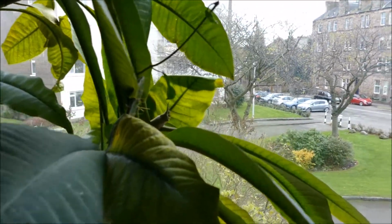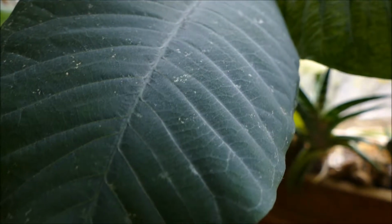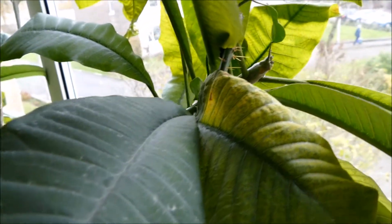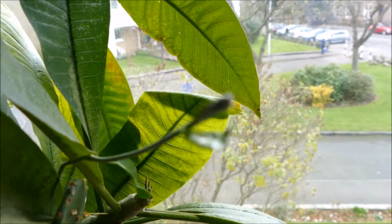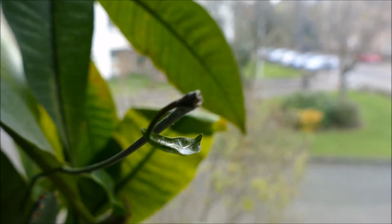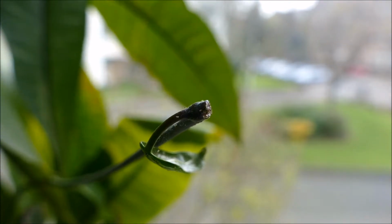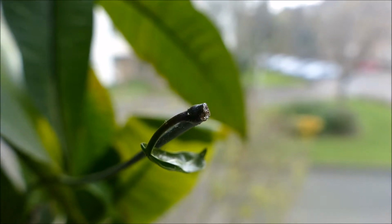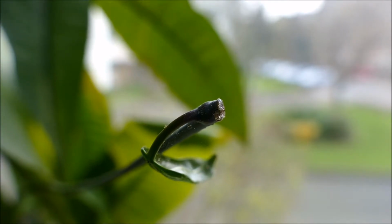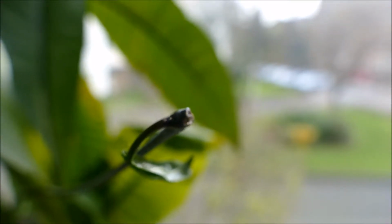Still, I can't really show it because it's really like invisible. It's so small you can't really see it unless it gets really bad, and then you can see the webbing from the pest. I think there's a little bit up here on the top of this climber. See if I can focus in. As I say, it's a hard thing to show on a camera because it is so small. But you can see there. You can see them running along on the webs that they've made. Try and get a little bit closer for you. There you are. You can see them running along on the webs. That's unfortunate because this will be harder to get them off this vine than it will be to get them off the